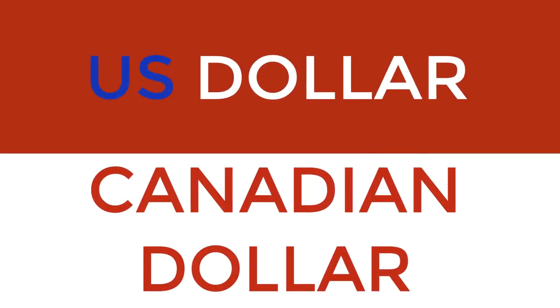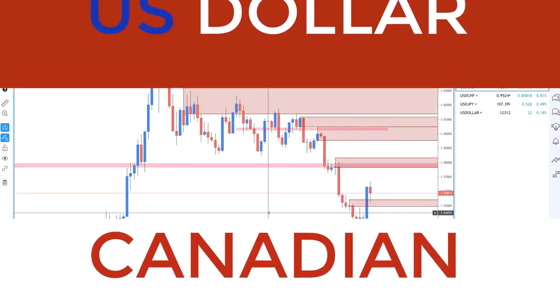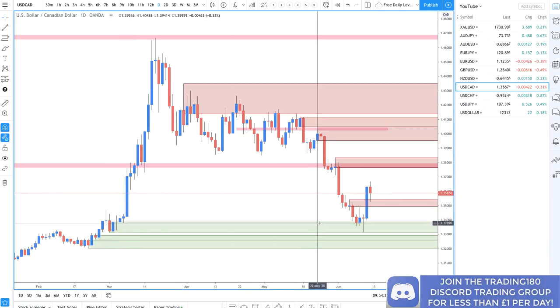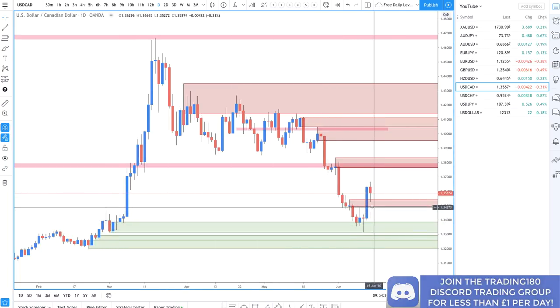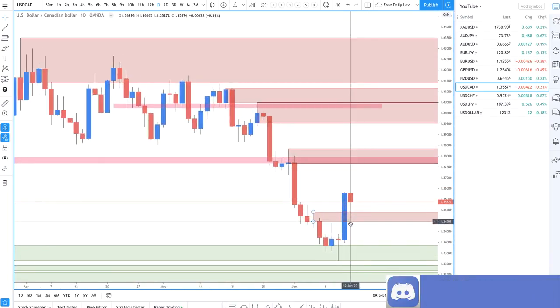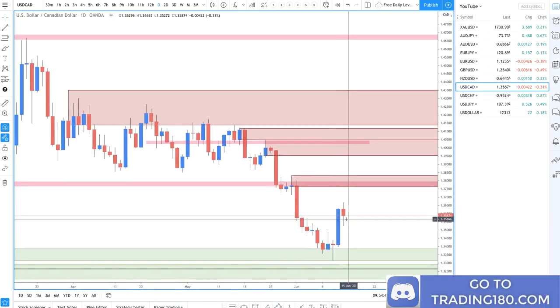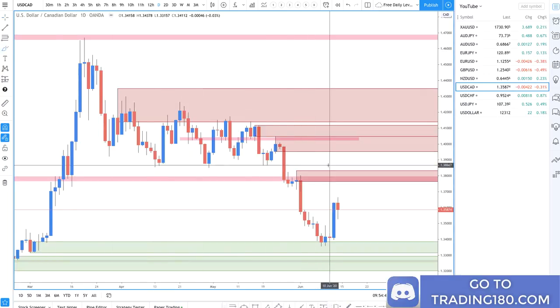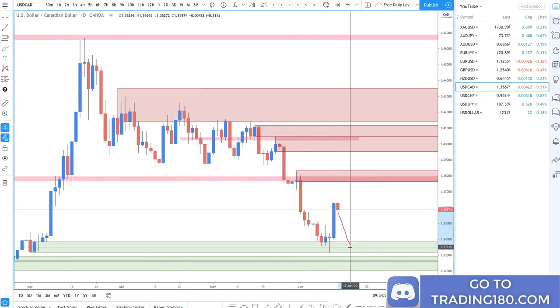Dollar CAD came again down to a really nice, fresh area of demand, and literally pinged off the underside of that. It was a really nice trade that blasted through that supply zone, so we can remove that from the chart. So again, if you want to be a buyer of the dollar, you're looking for a pullback